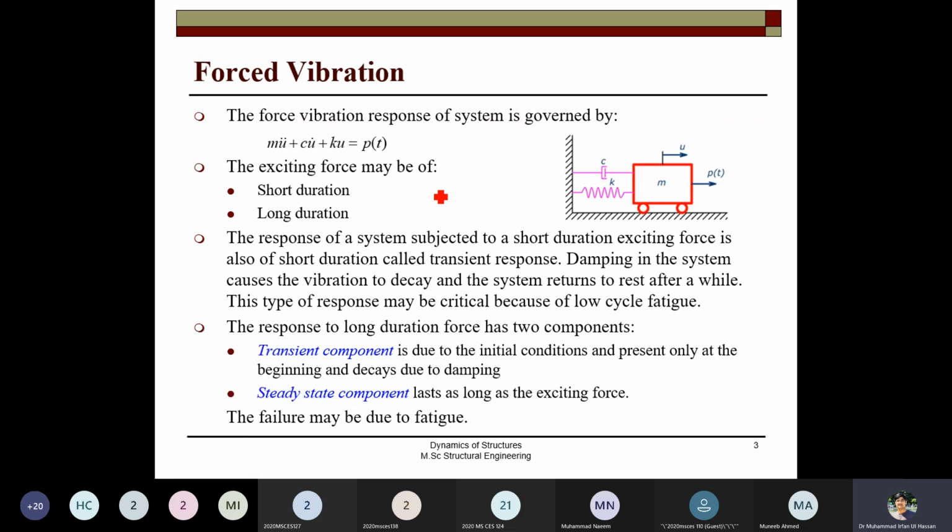So when the force is also acting on the system, you know that in the equation of the motion, now the P is not 0. Previously the P was 0. Now the P will not be 0. This exciting force may be of short duration. This is basically also called an exciting force, because this force is not static. This is a time dependent force, P as a function of time. It means that